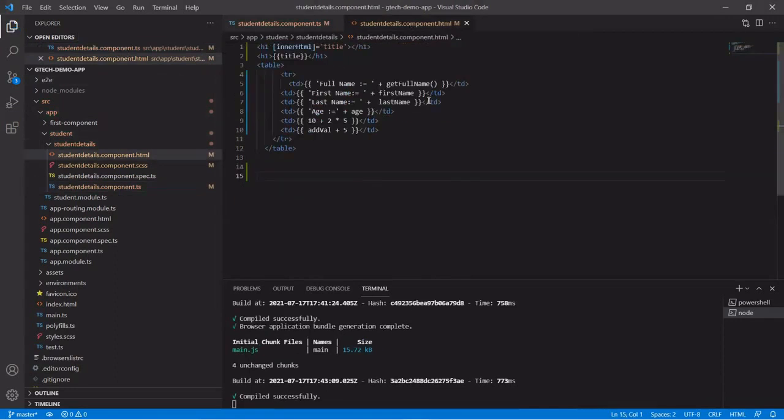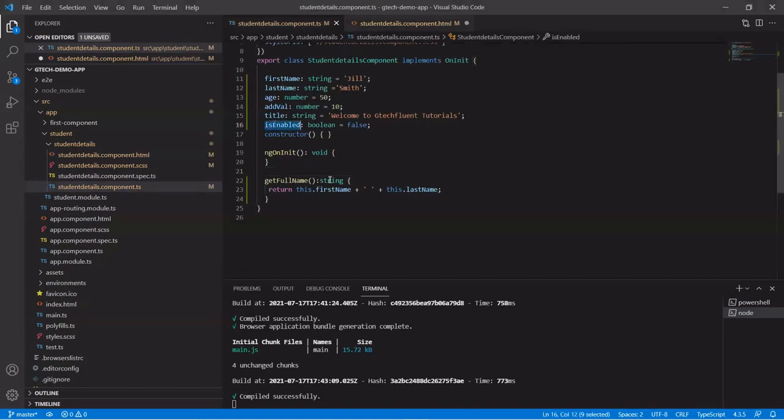Save it. Let's add the button into our HTML page. Now here we need to disable the button using property binding. So as we discussed, in property binding we need to assign the value for the property for the particular element. For the button, we need to define the element, which property we are going to assign, that is disabled equal to